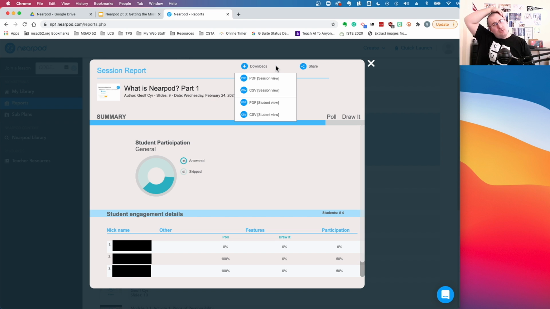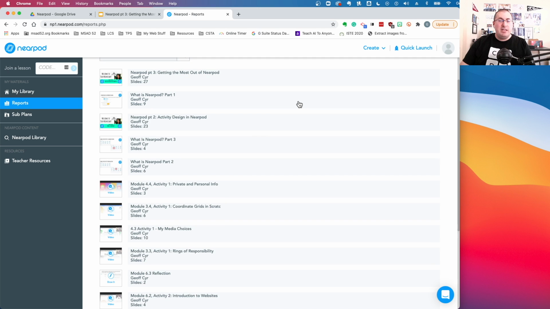Where it says downloads, you can download all of the session data either as a PDF, which I think you probably would want to do, or a CSV, which would be like a spreadsheet file. So that way you can keep a permanent copy of what those responses are. I believe that when you delete a lesson from your lesson library, it takes the reports with it. So you want to have that backup just in case you're running out of storage. You've got to get rid of one thing to put in another, and you don't lose those responses,